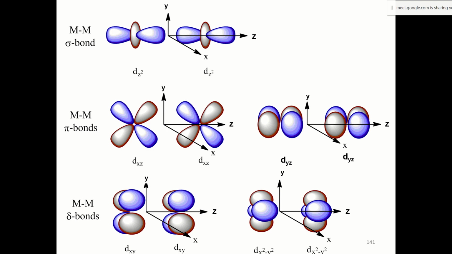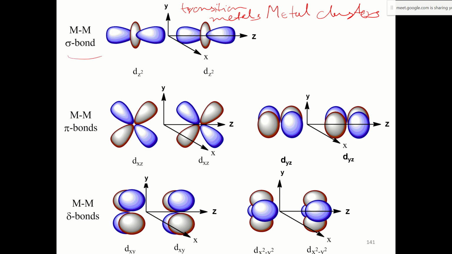In metal clusters, typically in transition metals, when you have a cluster of atoms combining together, you will find there is